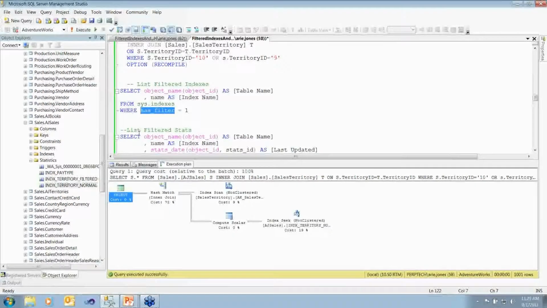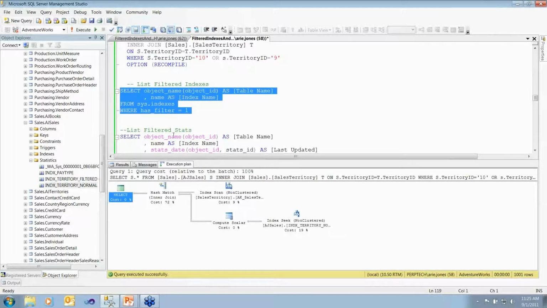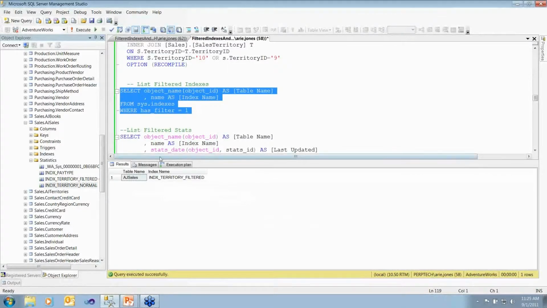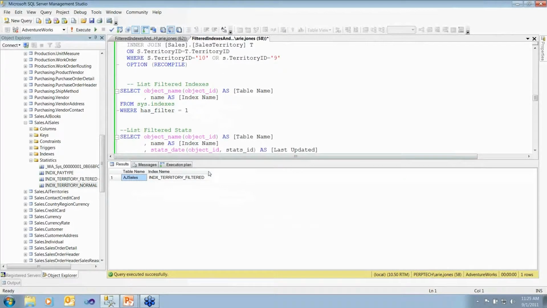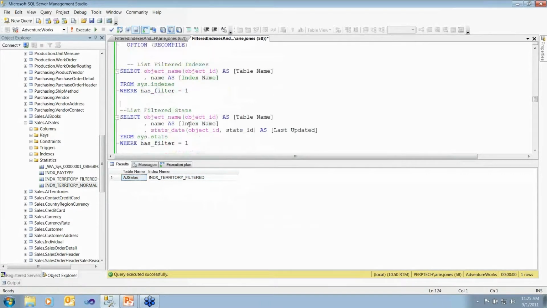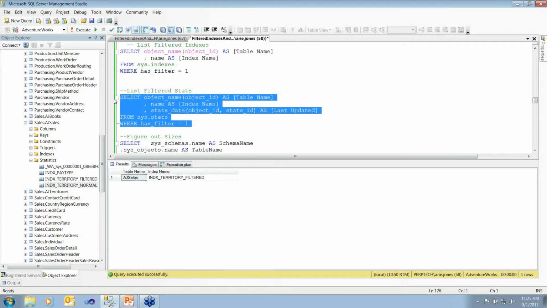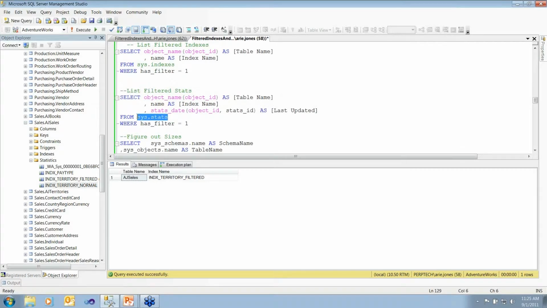So if you're using scripts to do your maintenance, it's real easy to apply this as a where clause filter and then do something different with those particular objects. So if we go here, we can see on the indexes I have a filtered index on AJ sales here, and then I can also look at sys.stats